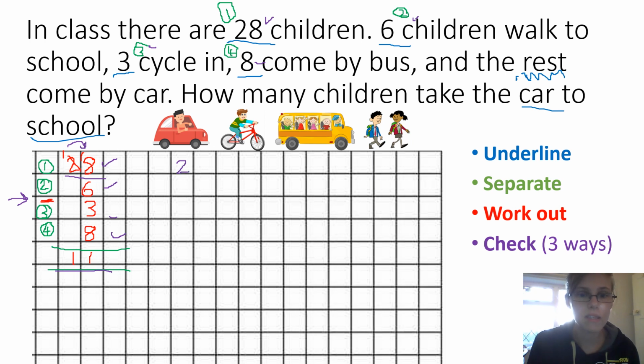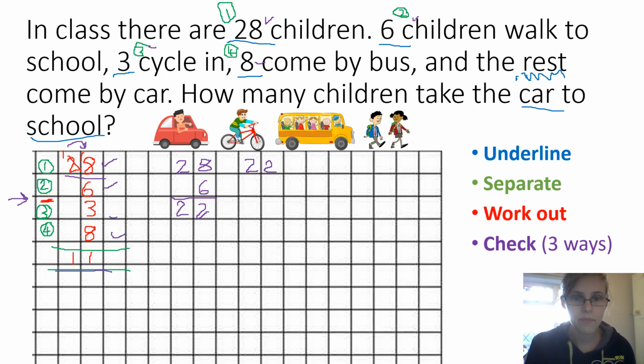So we've got our 28, and we've taken away our 6 first. So 28 take away 6 is going to leave us with 22, because 6, 7, 8 leaves 2. Yep. And then we're going to do our 22